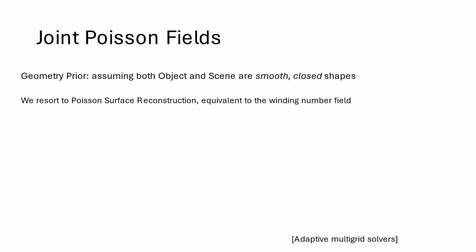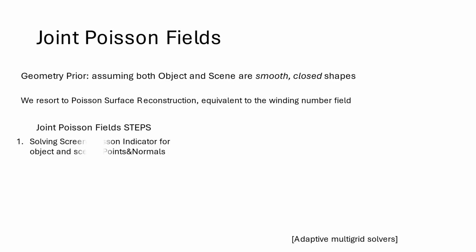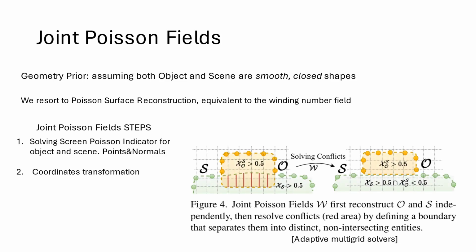The geometry prior behind this is assuming both object and scene as smooth closed shapes, with resort to Poisson surface reconstruction, which is equivalent to the winding number fields. Okay, let's see the steps. Firstly, we're using the joint point fields. We're using the screened Poisson reconstruction to solve for the object and the context surface independently, and then do coordinate transformation. And the last step is solving the conflicted regions, as shown on the right, by curvature and